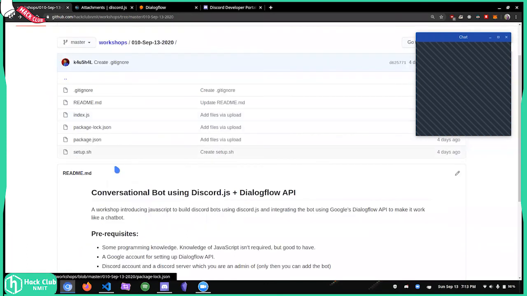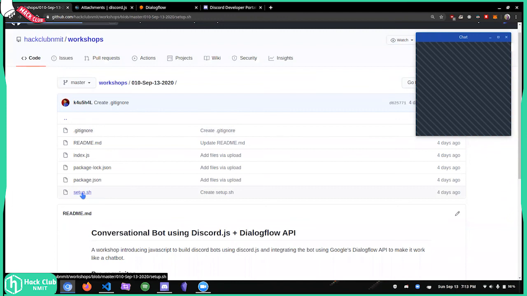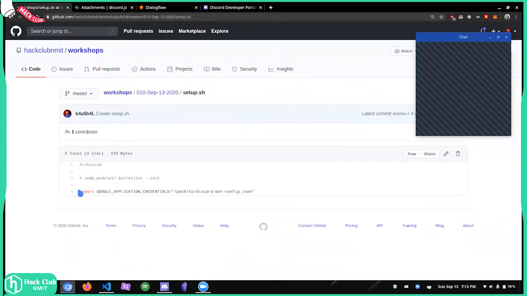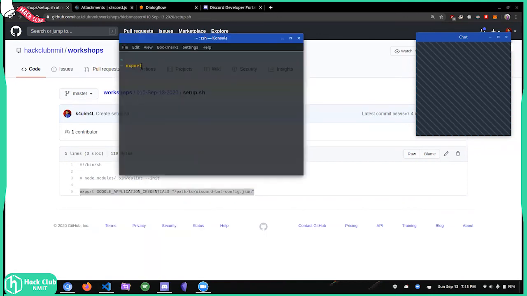The export command, actually, I've made a small file called setup.sh in the repo, so I have the export command over here. I'm going to copy this and go over here, pwd and ls.